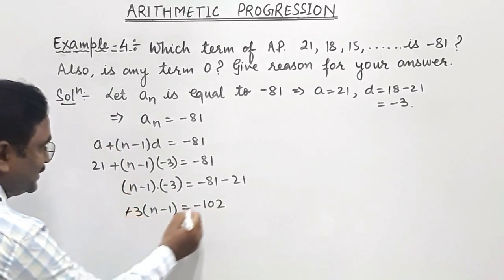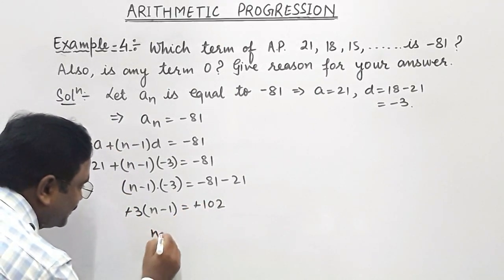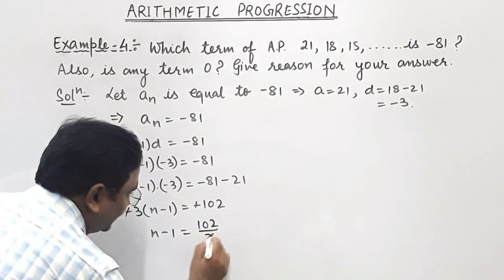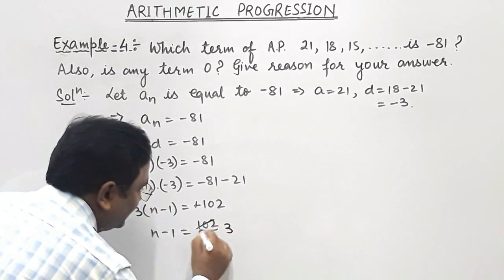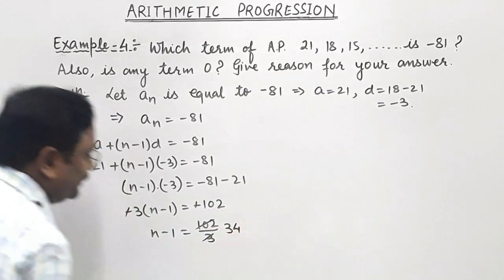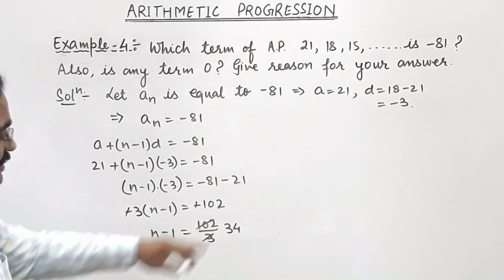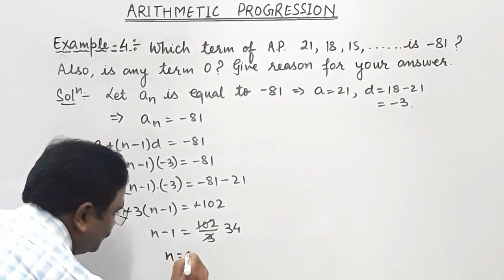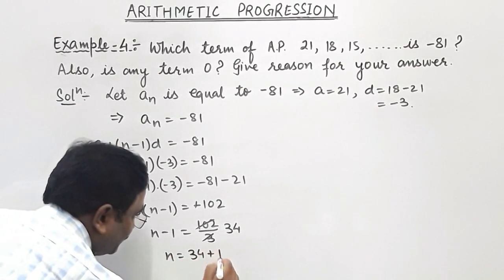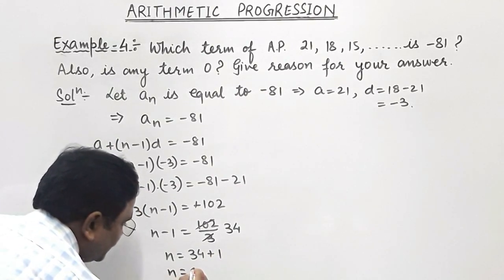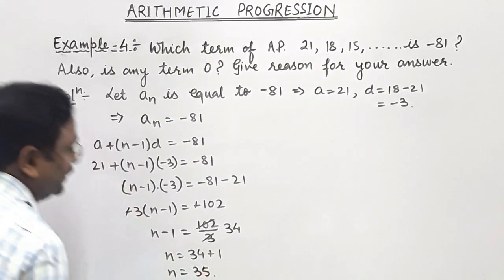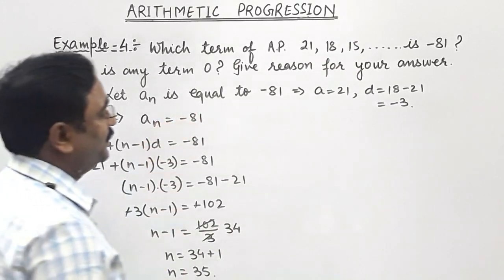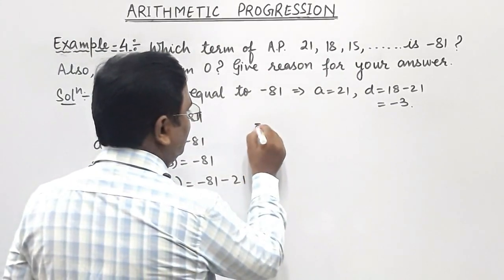Now this minus is cancelled, and n minus 1 can be written as 102 divided by 3. So 3 3s are 9 and 3 4s are 12. So you get n minus 1 is equal to 34. Therefore n is equal to 34 plus 1, which is 35. It means the 35th term of this series will be, therefore you get the result